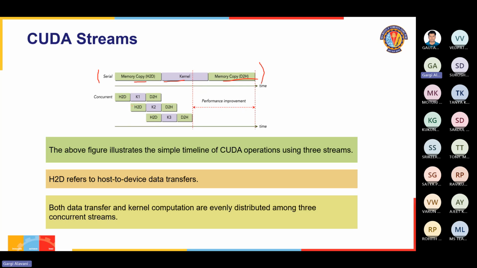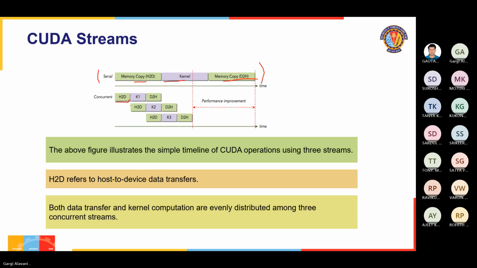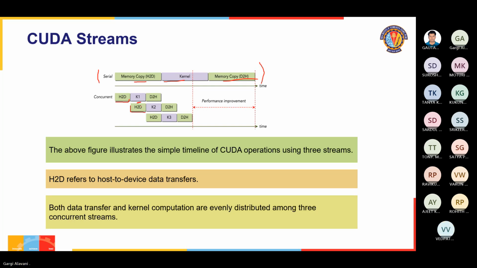With multiple streams, once your host to device copy is complete, the next kernel's host to device copy can start during the previous kernel's execution. Similarly, if you have duplex, that is, host to device is a different path and device to host is a different path, in that case, you can